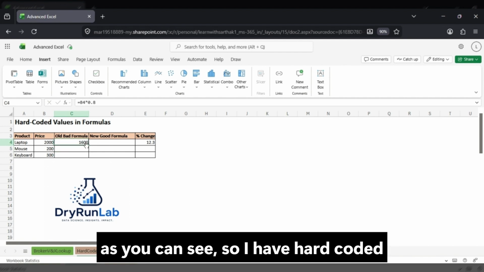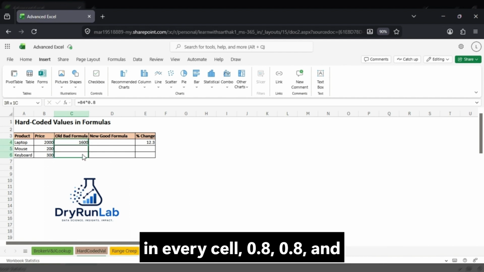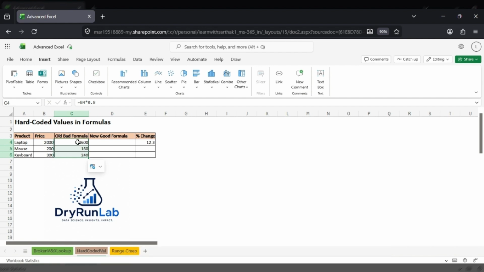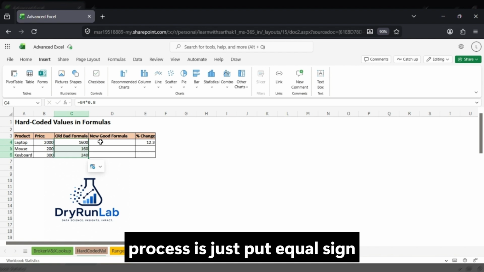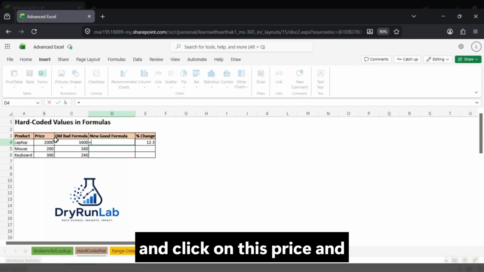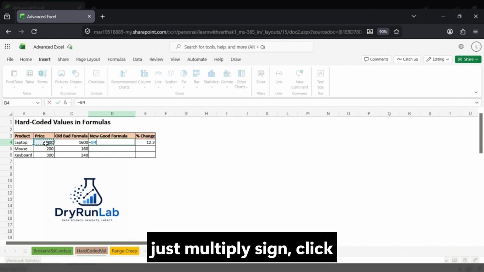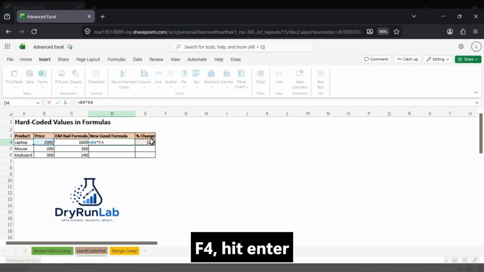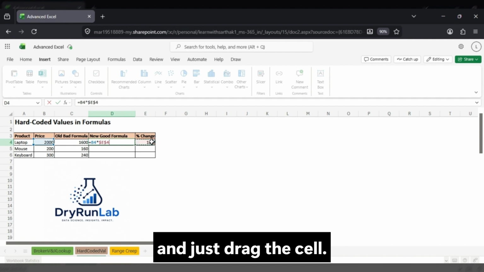So as you can see, I have hard coded 0.8 in every cell. Then the whole value has come up over here. And the new process is just put an equal sign and click on this price and a multiply sign, click on this part and press F4, hit enter and just